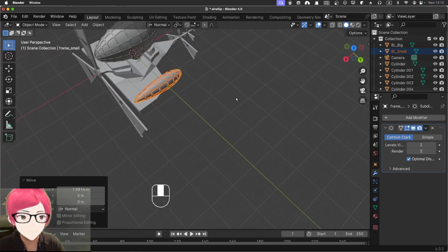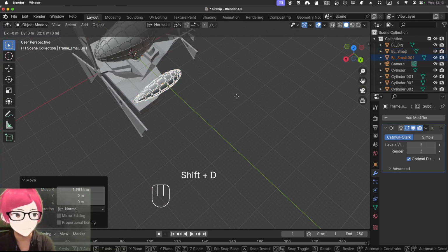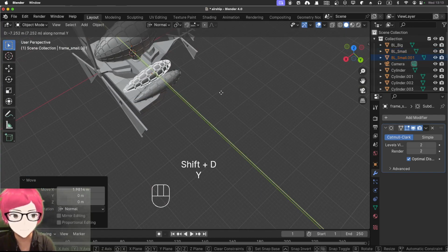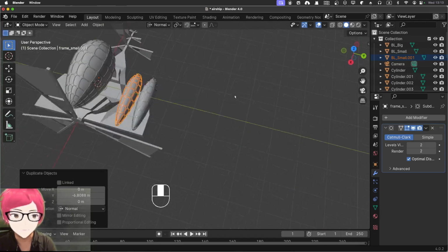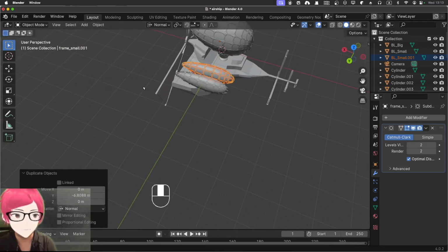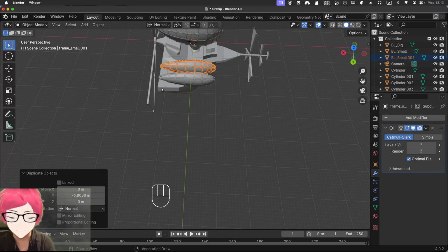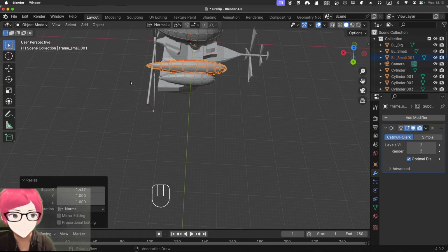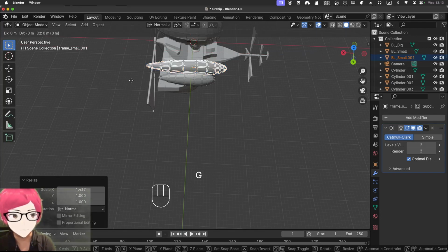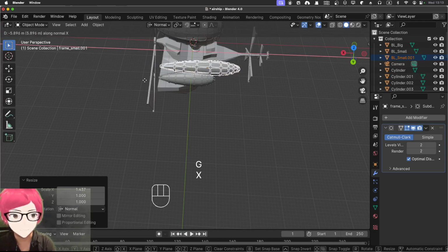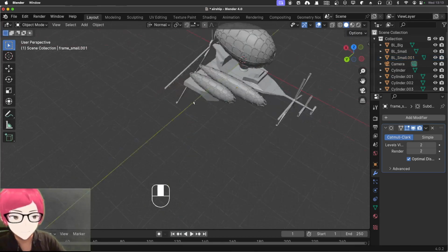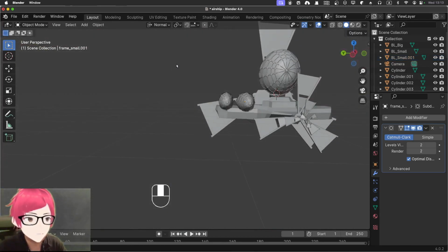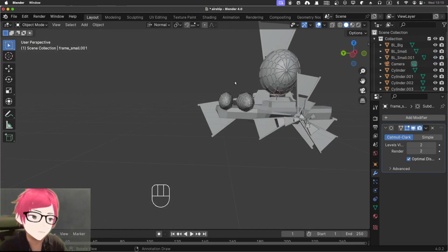Yeah, influence the floating balloon. And I'm going to scale it but at x-axis and grab it at x-axis. Alright, so you get something like this. So sort of like a reversed